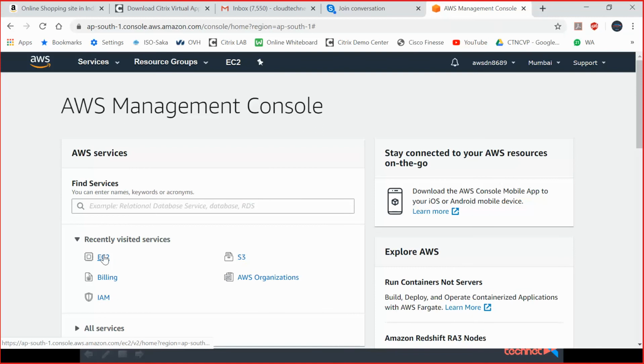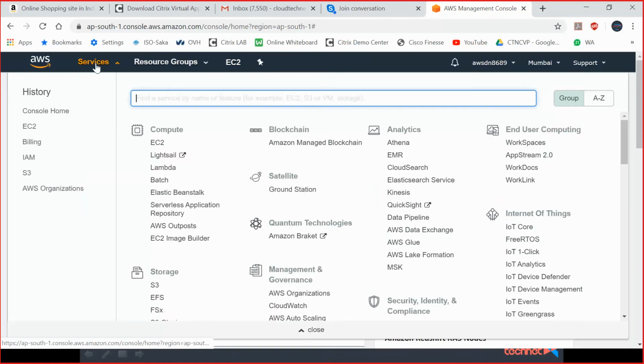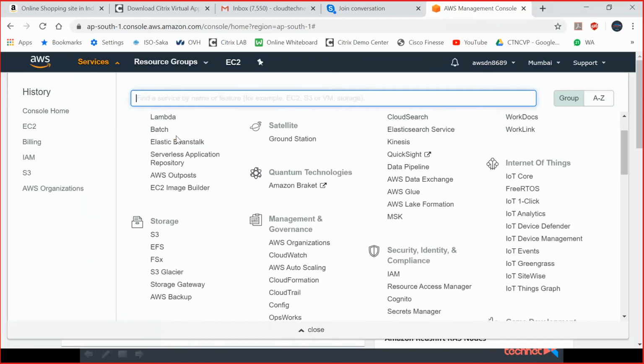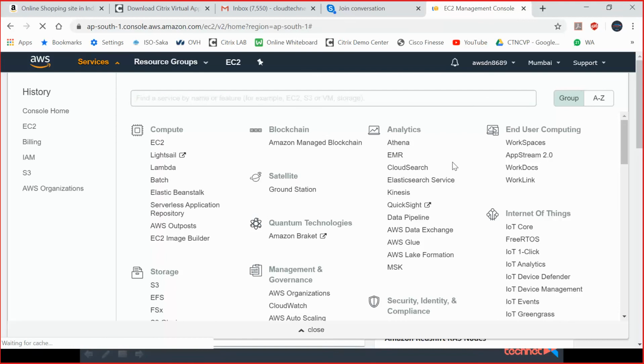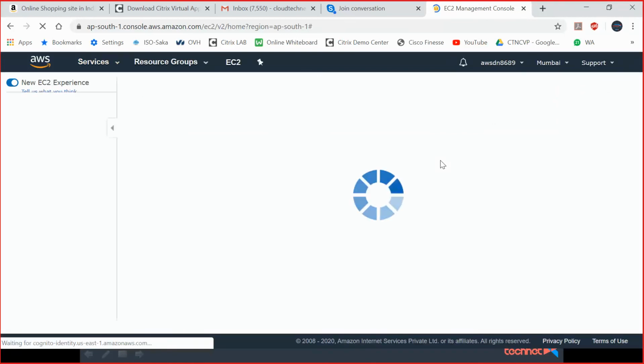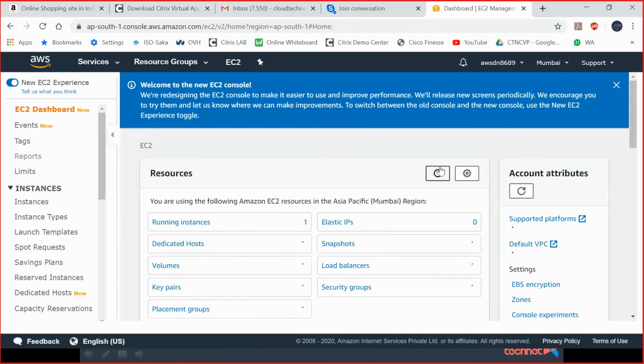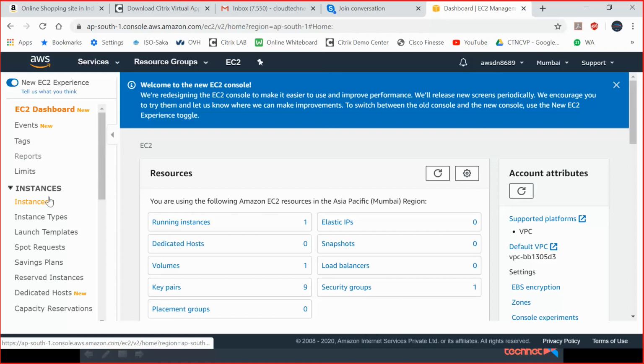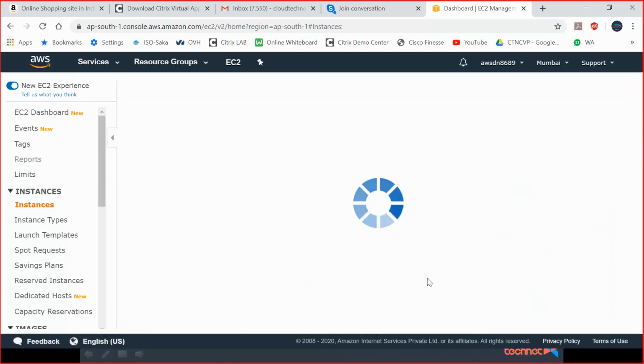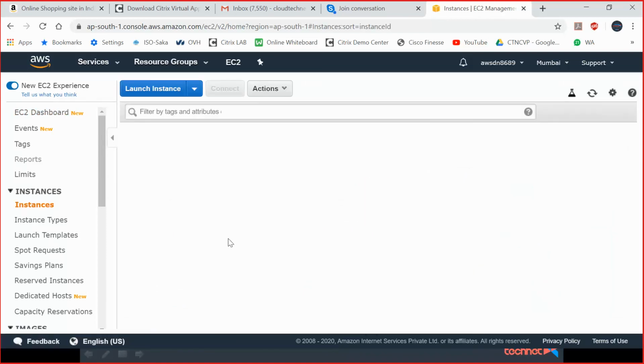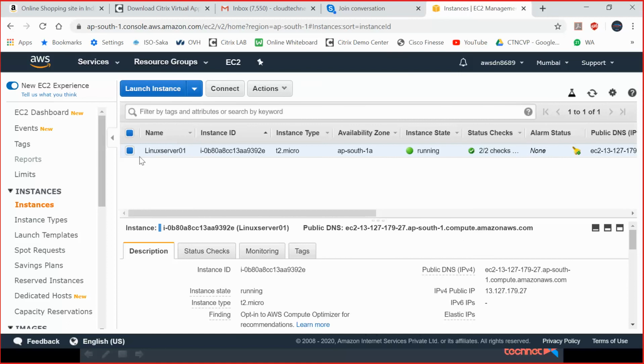So first, let's go to EC2. I will create one Windows instance. The previous Linux instance I will shut down.